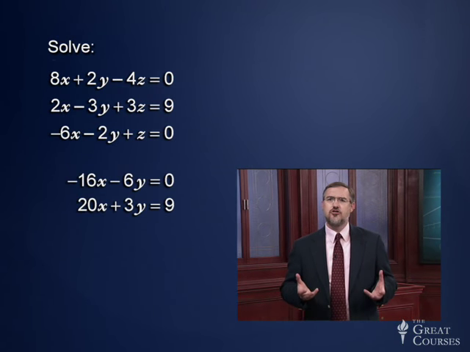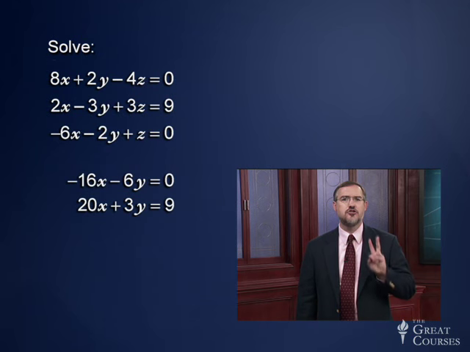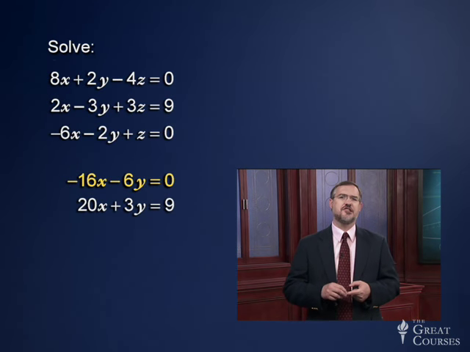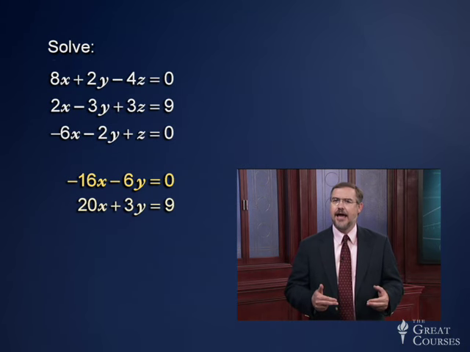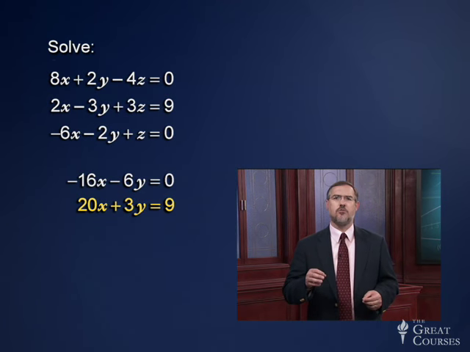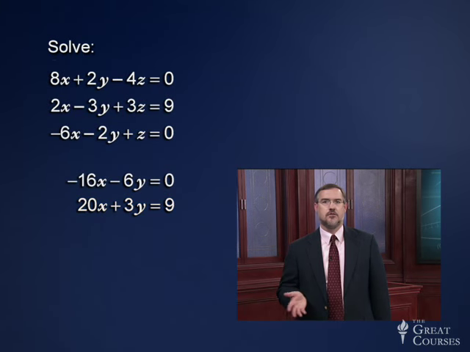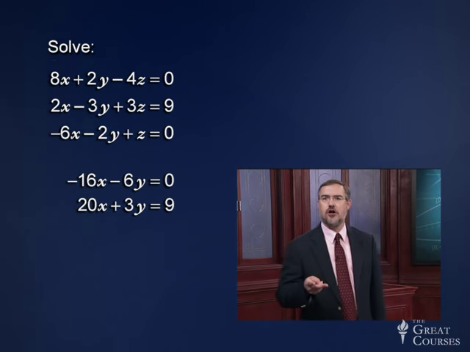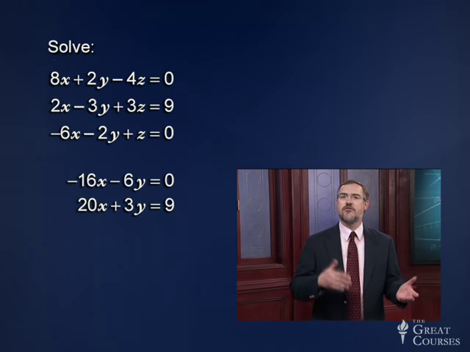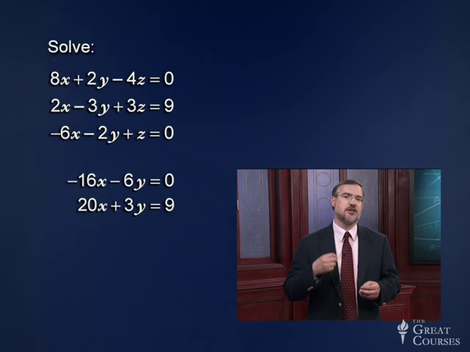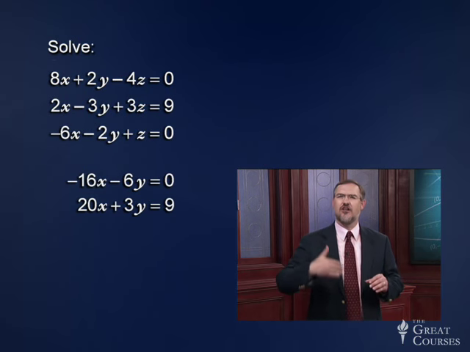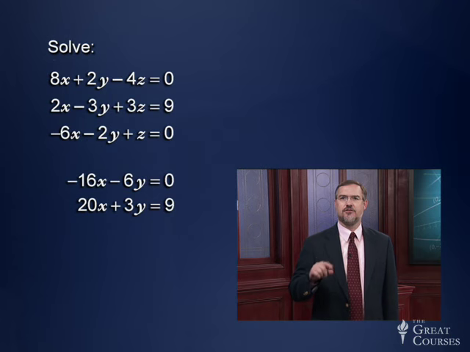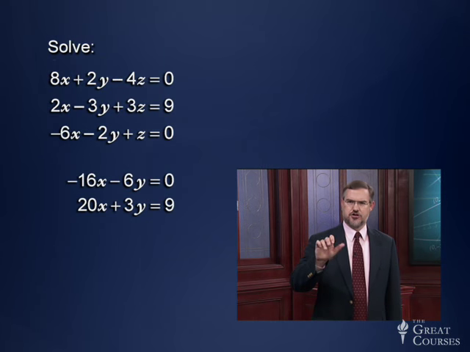So now I have two new equations that only have two variables in them. Negative 16x minus 6y equals 0, and 20x plus 3y equals 9. Now what do I do? Well, I've just got a system of two equations with two unknowns. We can eliminate another variable now and see if we can come up with the start to finding the numbers in the solution. I'm going to suggest that we eliminate the variable y here if we just play with the